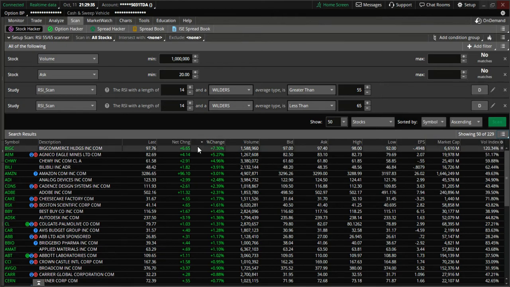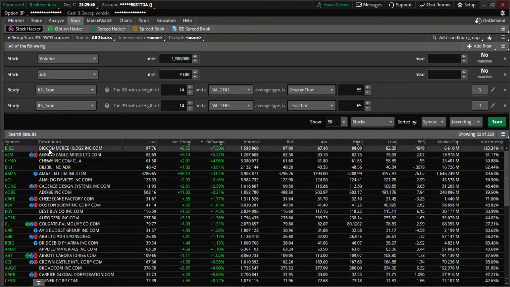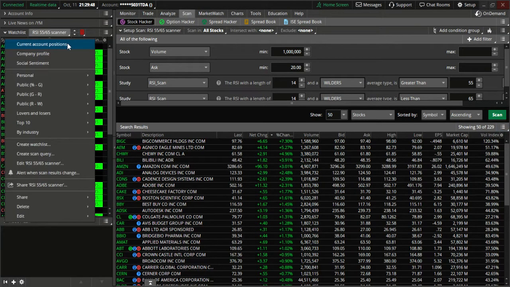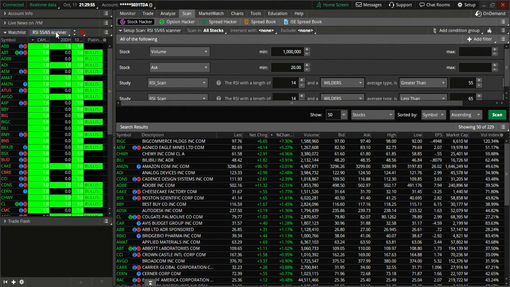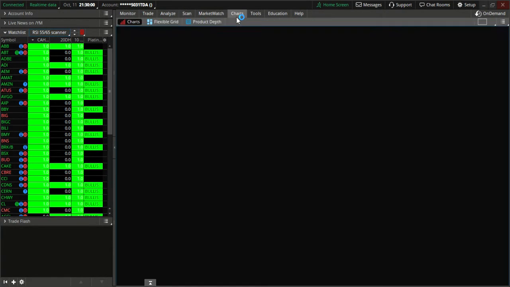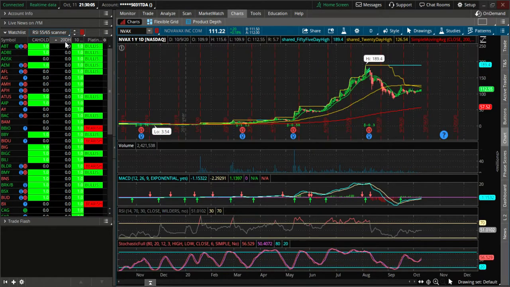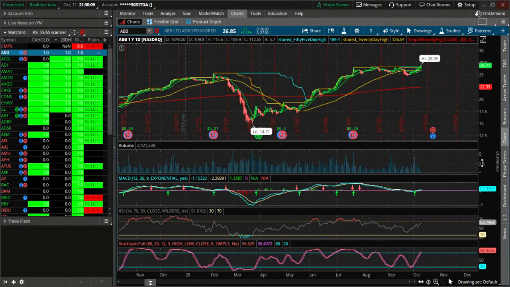So I'm going to filter by percent change, and over here under your watch list you can bring up personal scanners that you have made or downloaded, and you can link it to your charts. So I'm going to go with stocks near a 20-day high,